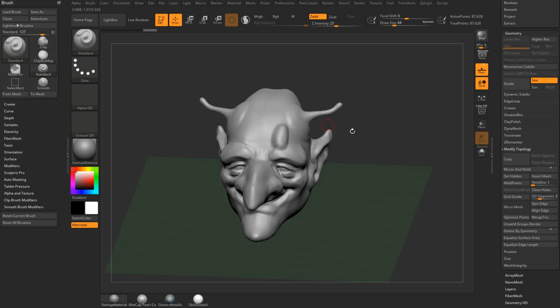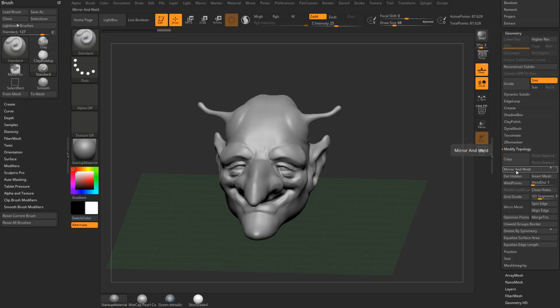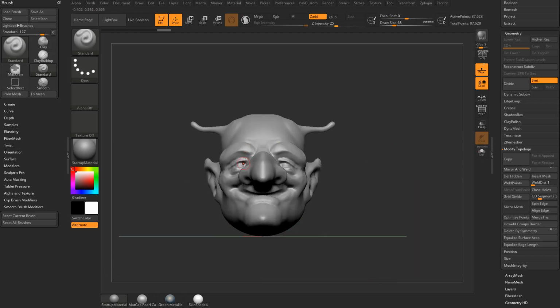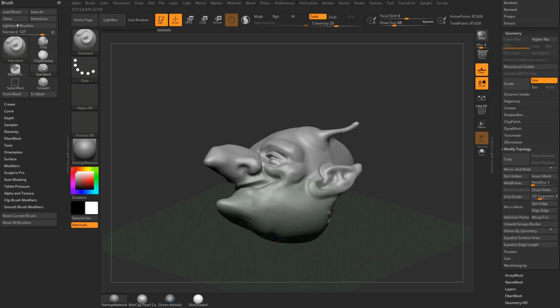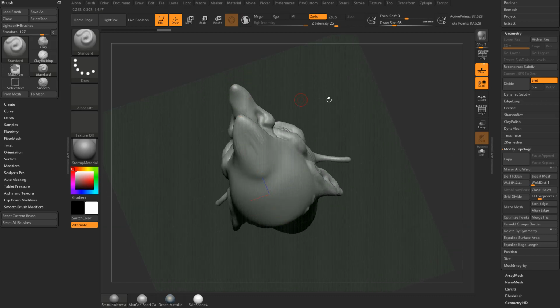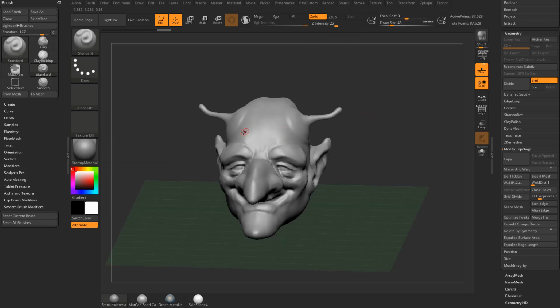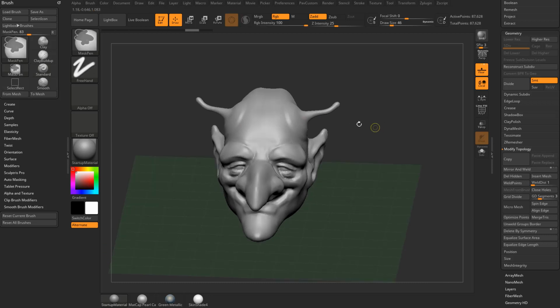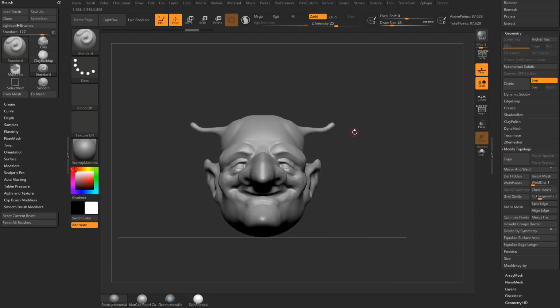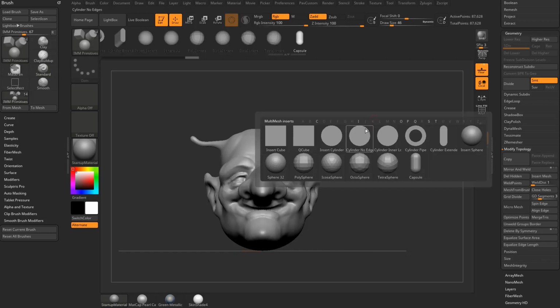So you're going to see this side is different, and you can do a mirror and weld across the X, and if your object goes across the center axis of the world, so you can see right down the middle here, it's going to go negative to positive. Which means if I have a dot over here and I do mirror and weld, it's going to mirror that dot over. If I have a dot over here and I do a mirror and weld, it's going to mirror the smooth part over. However, if you go to Brush, Insert Primitives, hit the M as in Michael Pavlovich